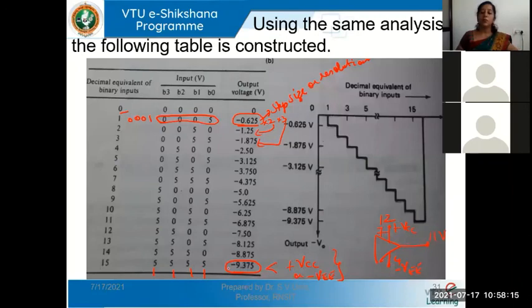Okay, so you should take care to see that your full scale output voltage should never reach the saturation limit. If it exceeds the saturation limit, you will not notice the change in the step size. You will notice a constant, the output will remain at a constant level. There won't be any change in the step size. Say minus VSAT it has reached, it will remain constant there. Okay, so the highest output voltage and other values should always be less than the saturation limit, which depends on the biasing power supplies of the op-amp.